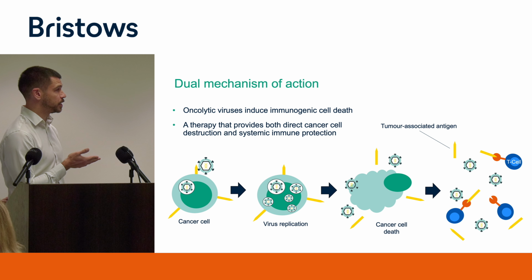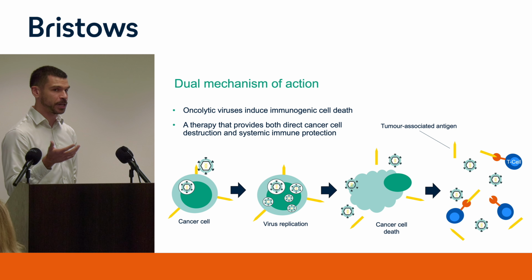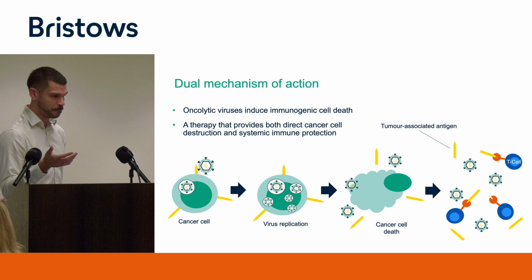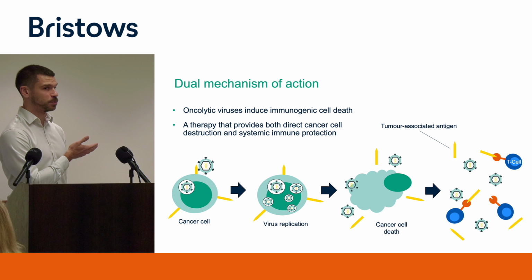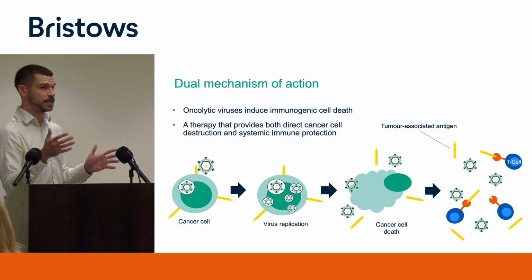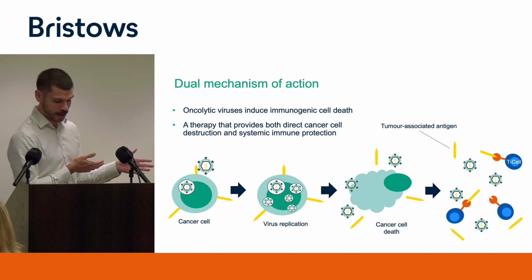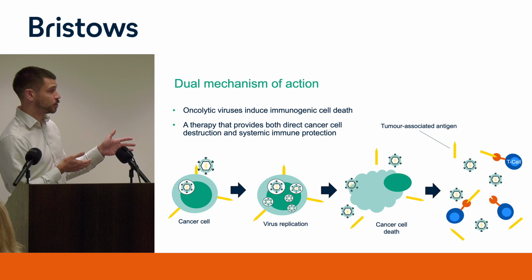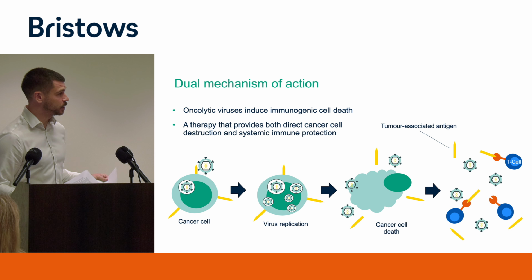And this type of cell death is known as immunogenic cell death, meaning it generates or stimulates an immune response. The immune system basically recognizes that something has gone really wrong here. And if it wants to prevent that same violent cell death from happening throughout the entire body, then it needs to stop whatever caused this in the first place. So we have a bunch of cells from our immune system flooding to the site of this dead cancer cell, and among other things, recognizing those tumor